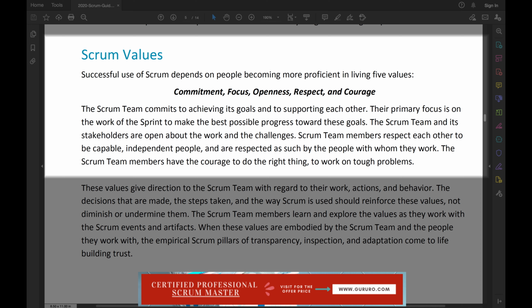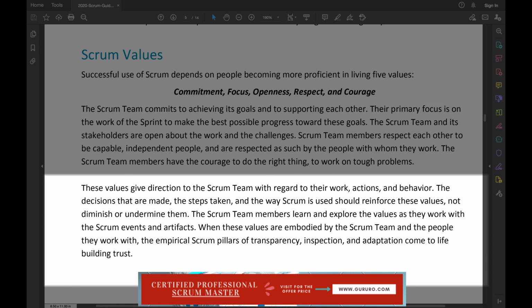Scrum team members respect each other to be capable, independent people, and are respected as such by the people with whom they work. The Scrum team members have the courage to do the right thing, to work on tough problems. These values give direction to the Scrum team with regard to their work, actions, and behavior. The decisions that are made, the steps taken, and the way Scrum is used should reinforce these values, not diminish or undermine them. The Scrum team members learn and explore the values as they work with the Scrum events and